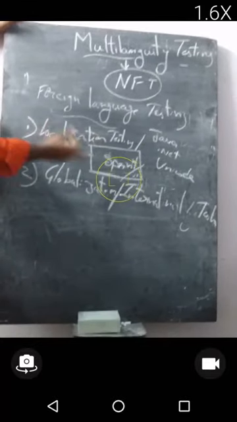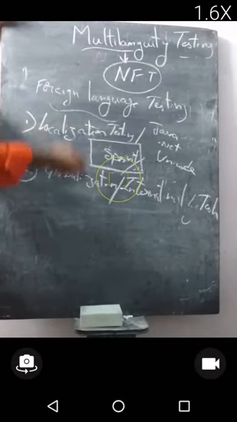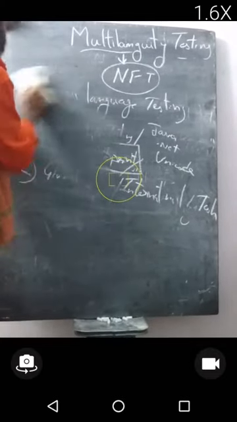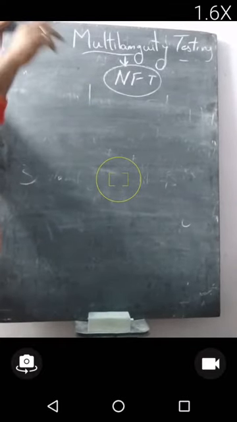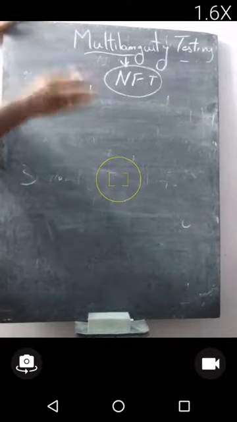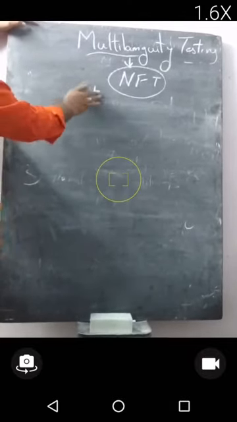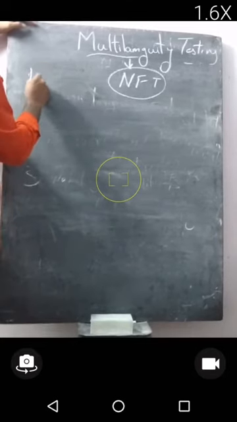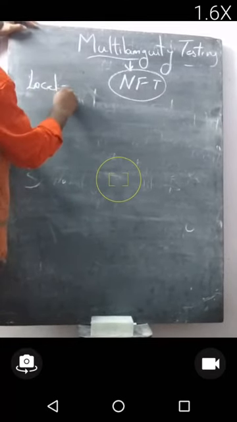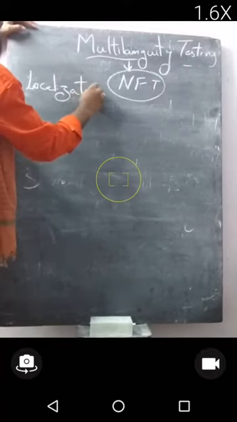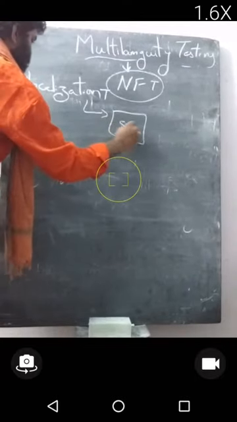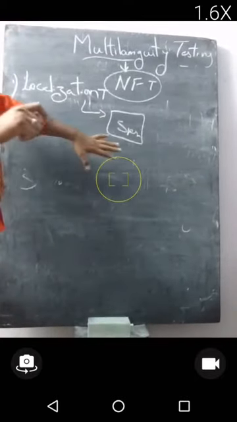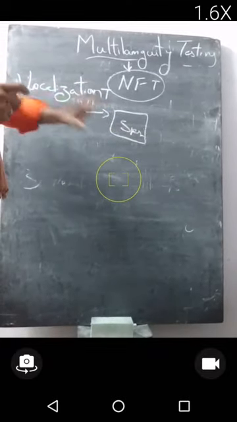Now let us see what it means by localization testing and how we are going to conduct it. First thing we need to notice is that this testing is required if and only if the software is developed with a Unicode language like Java or .NET. In that case we need to perform this. Let us perform localization testing on the developed Sprint or software, which, as I told, is developed with Java or .NET.